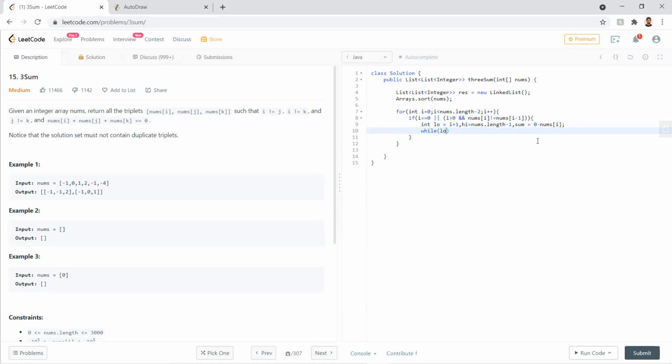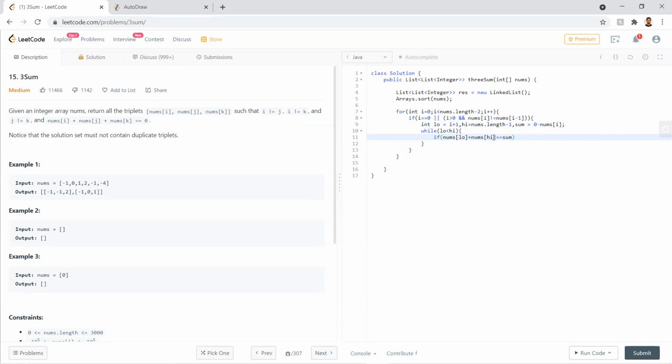Now I'll run a loop where low is less than high, and I check if the summation of this low and high is equal to this sum, as we have inverted the sign.